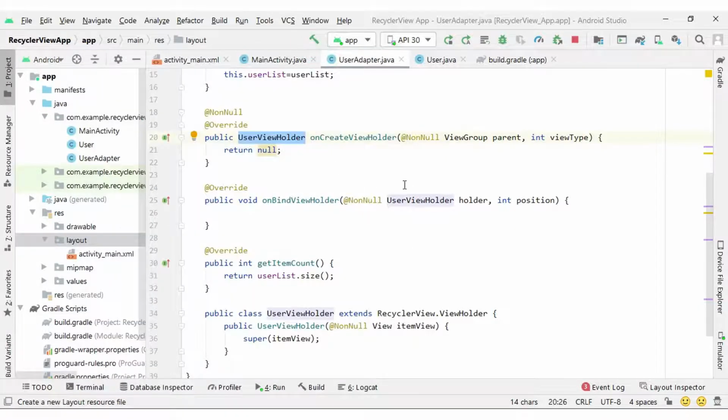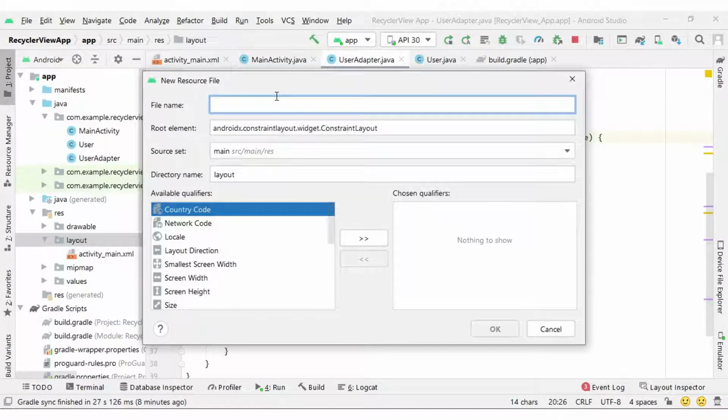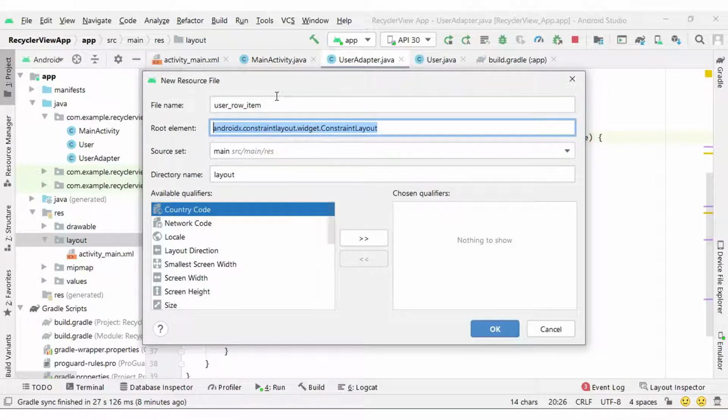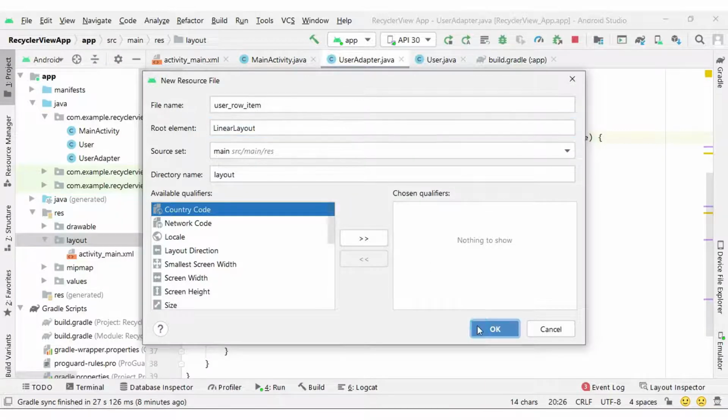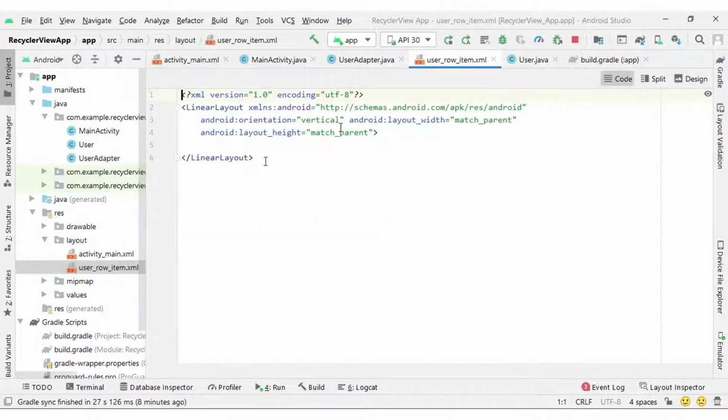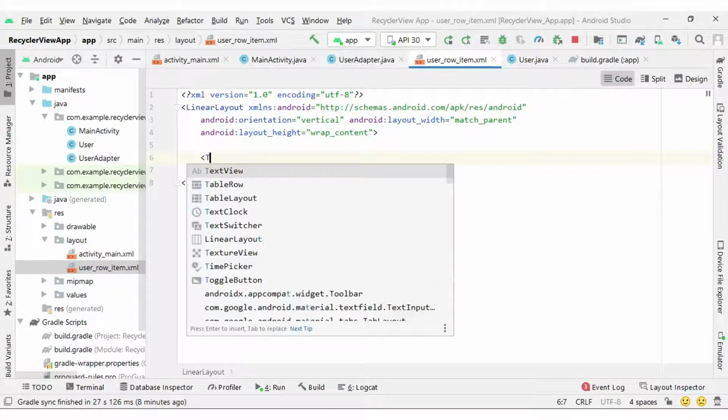So let me create the layout resource file here and name it user row item. And what is the root element? So for root element I will set linear layout, and make sure the linear layout height should be wrap content here, and orientation vertical we already have.